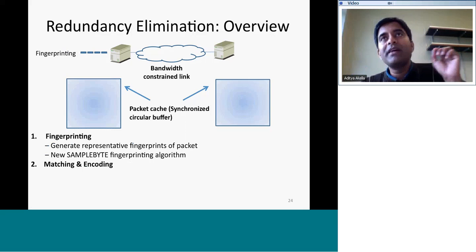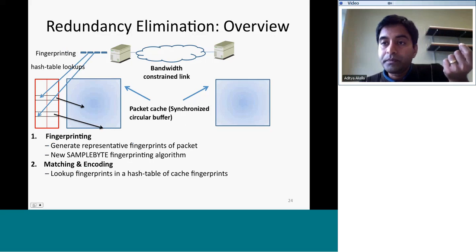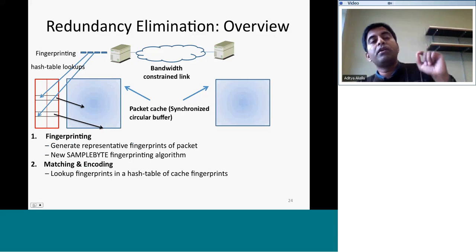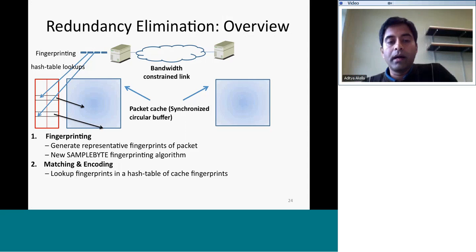Now, once you have these fingerprints for different points in the packet, you look up each of those fingerprints for a match in some sort of data structure, and a match of the fingerprint means that there is some string of bytes in the packet that matches a string of bytes in an earlier packet. So you retrieve that, you encode that match, you take out the actual bytes in the packet, you encode it with respect to the memory address in this cache, and you send that along.